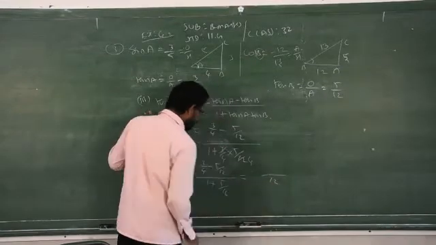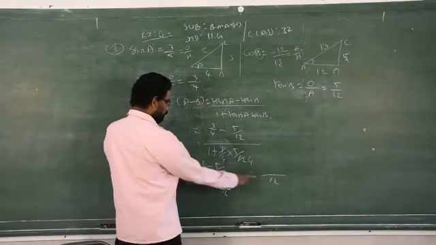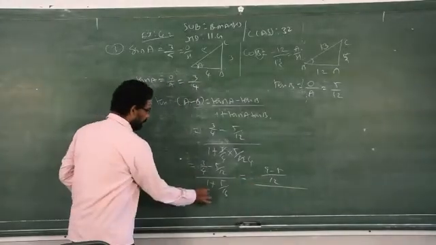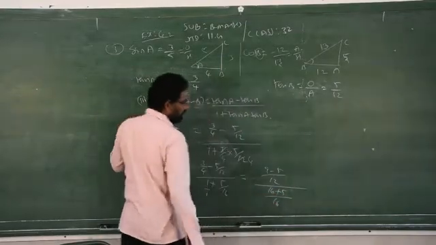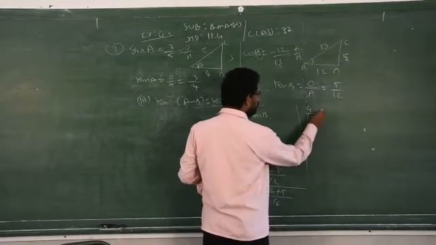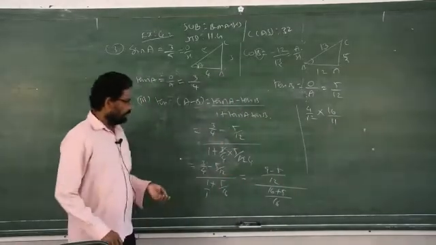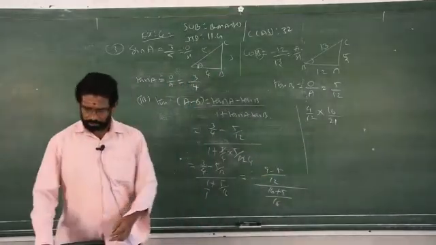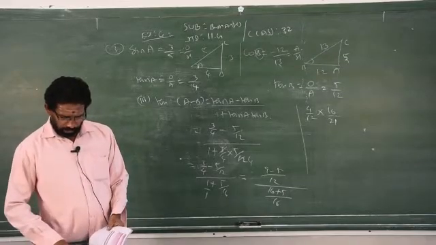I am taking the LCM of the numerator: 4 into 12, so 12 is the LCM. 4 will go how many times in 12? 3 times. So 9 minus 5 over here, and in the denominator, 16 is the LCM, so 16 plus 5 by 16. Clear? So what will be the answer? 9 minus 5 is 4 by 12, into the reciprocal of the denominator, 16 by 21. So just simplify and you will get the answer. Clear? Work this out, try to simplify and find the answer.